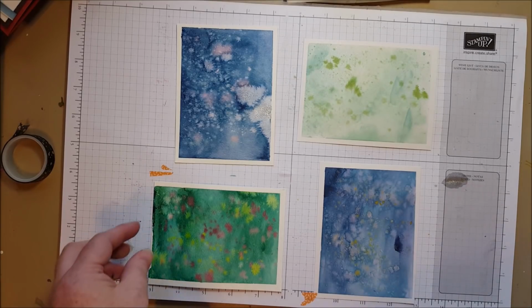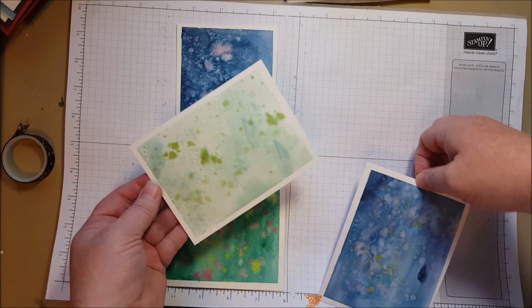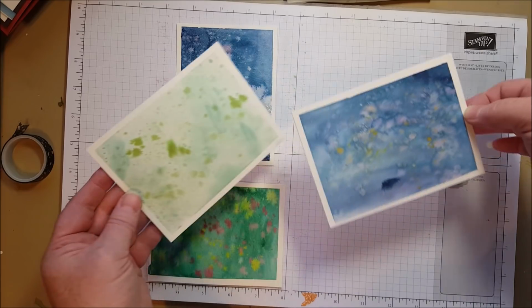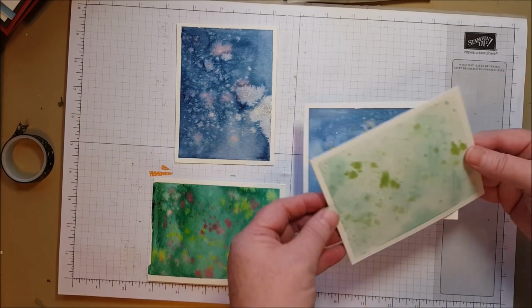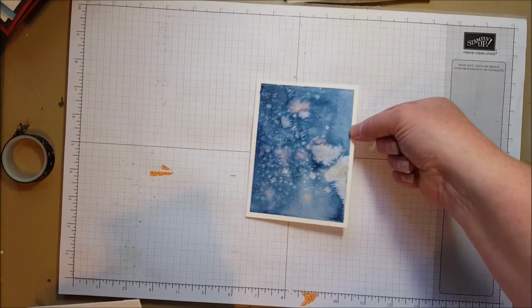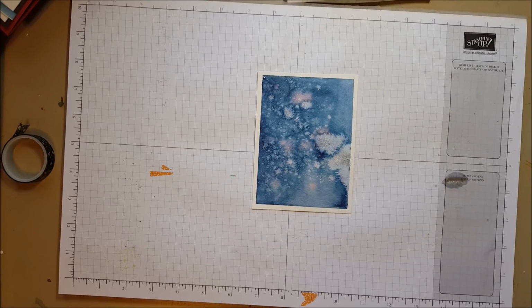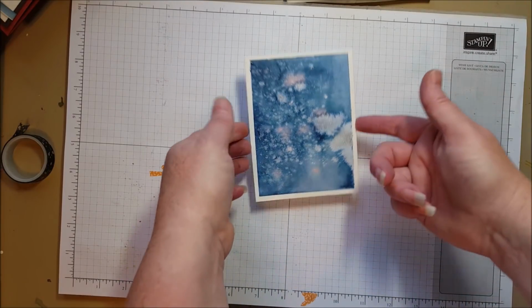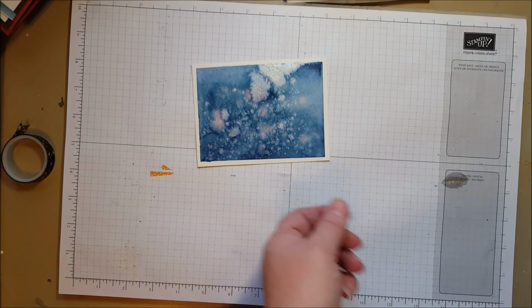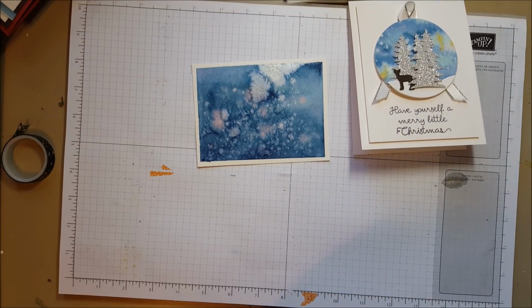Okay, I am back, and here are my little pieces, and I can keep these aside and use them on other projects in the near future. They're really fun little pieces of paper to have, little backgrounds that you can have in your collection. And right now we're going to work with this one. So I'm going to make another one of these little cards. It uses the card